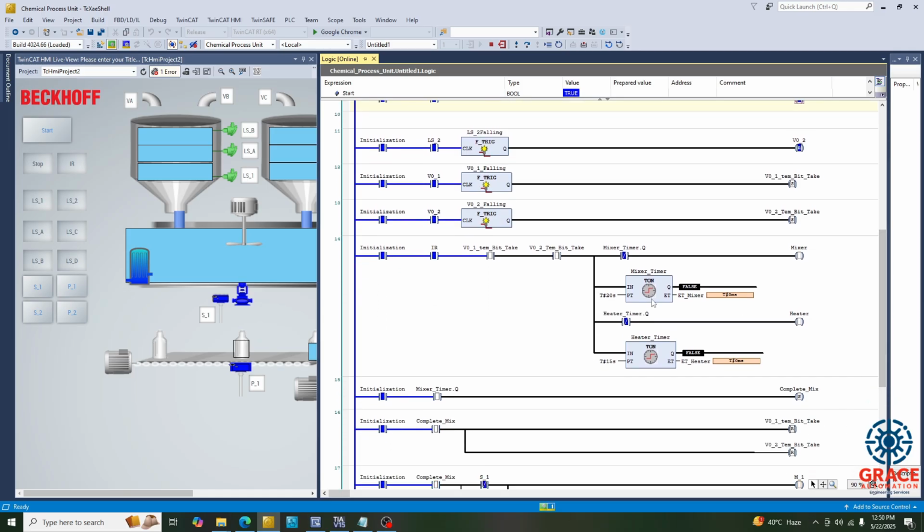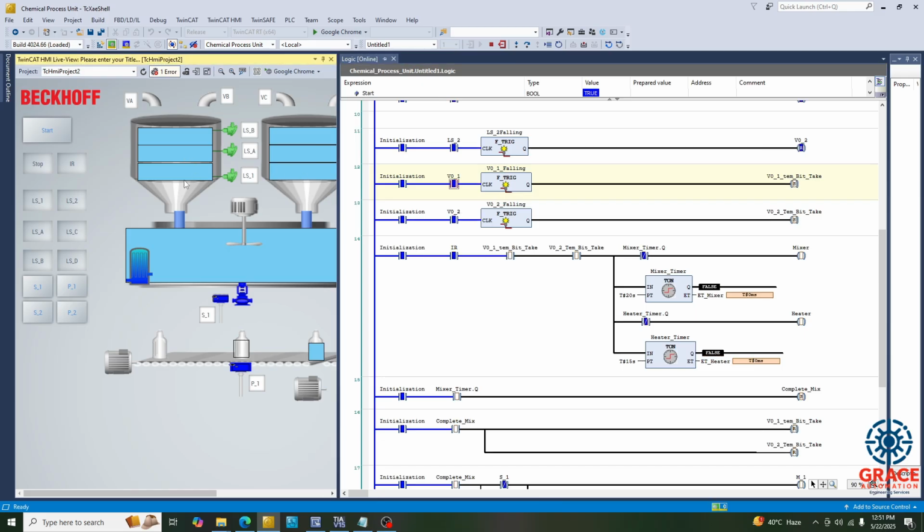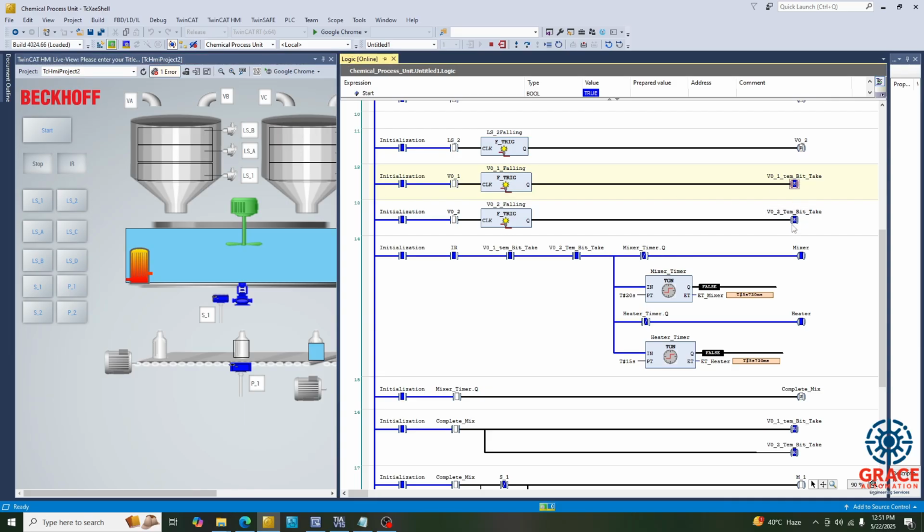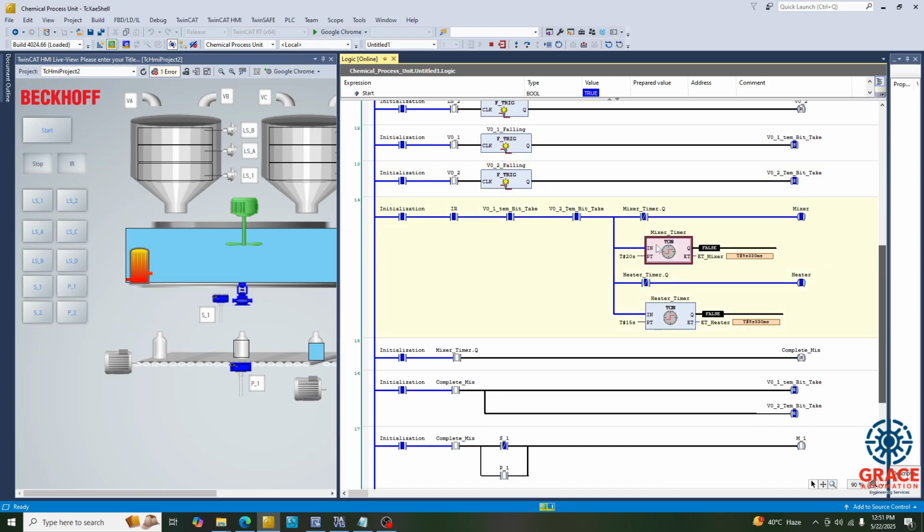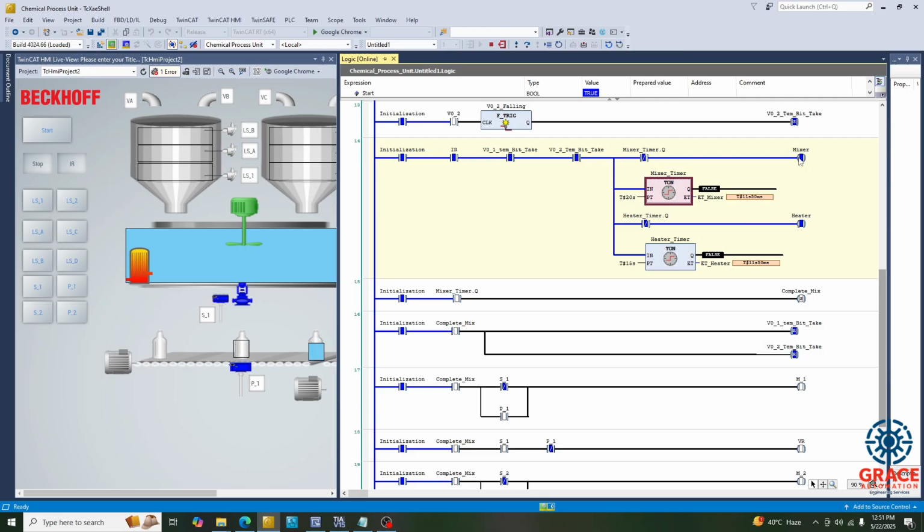This is our mixing process. It is waiting for these two bits, which are basically waiting for these valves to be turned off, because we want all the liquid from tank 1 and tank 2 to be filled into tank 3. So to do that, we will turn off these outputs, these sensors basically. As soon as we turn off these last sensors, it will give the falling edge and set these bits. And as you can see, our timers have started to count and